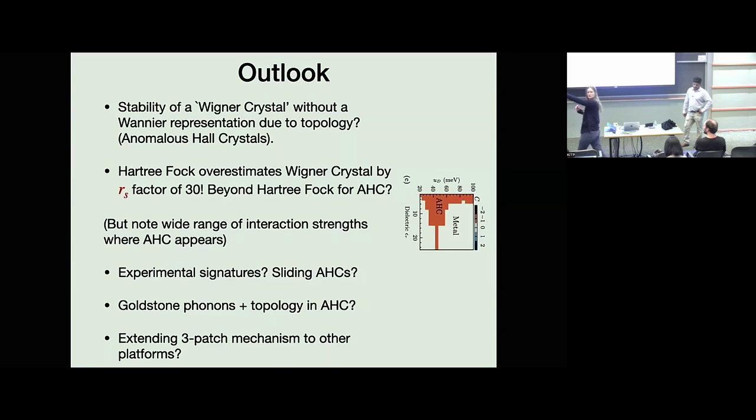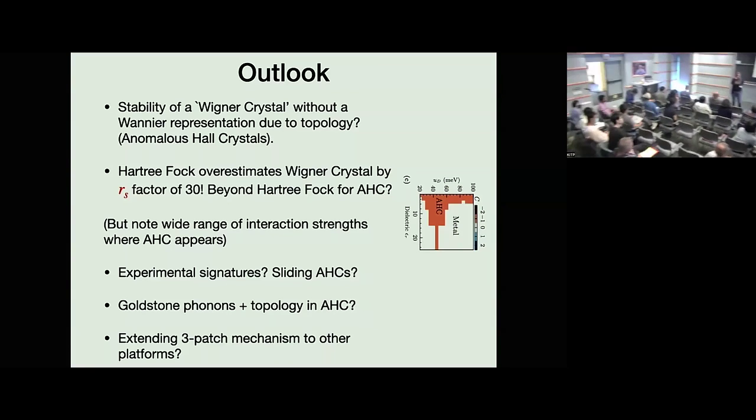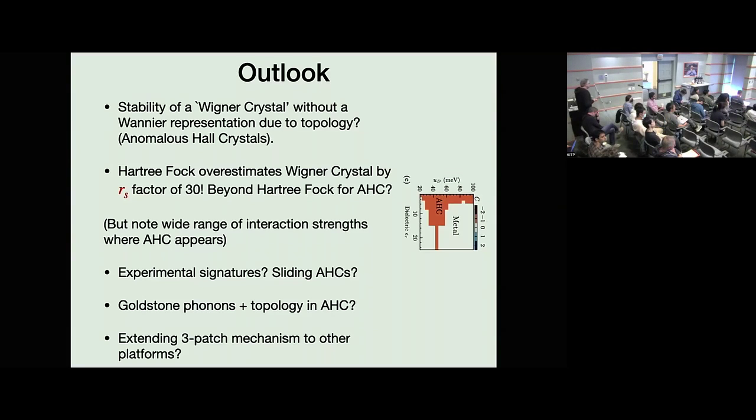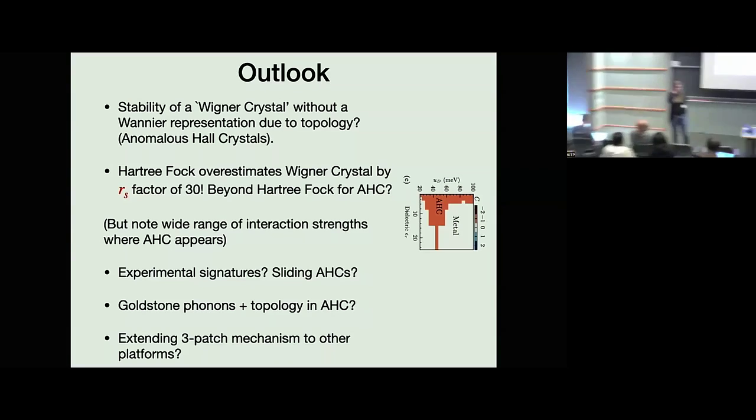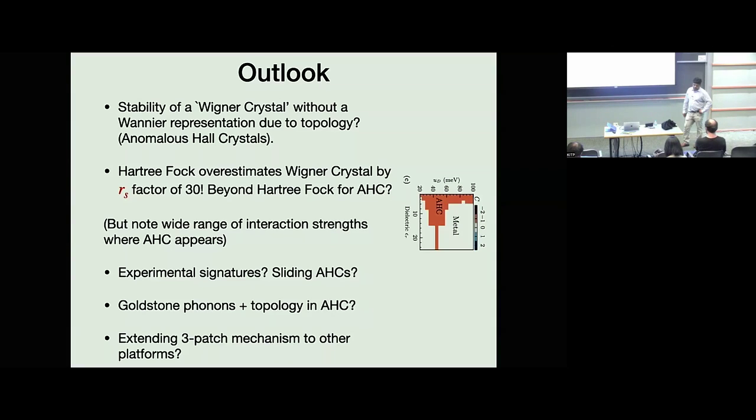Since you're doing Hartree-Fock, there's got to be a simple way to understand this, but I'm not getting what the simple way is. Is it in any way a little bit like a P-wave superconductor? There you get a gap by having a superconductor, and you have a band structure which may or may not have Chern number. So you get a gap here doing Hartree-Fock. In that gapped band structure, you may or may not have Chern number. Can we think of this in analogy, like that transition between having Chern zero and non-zero?